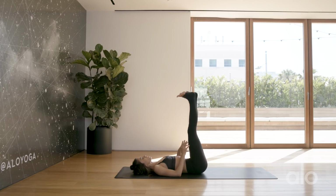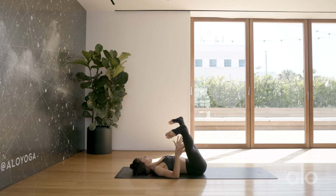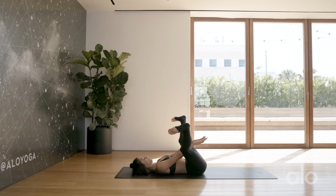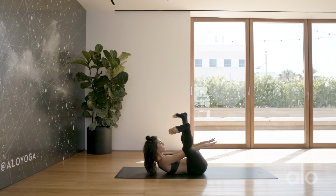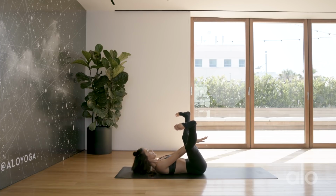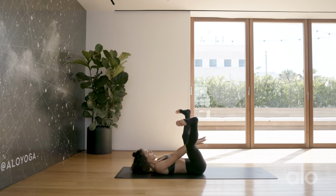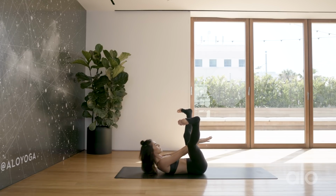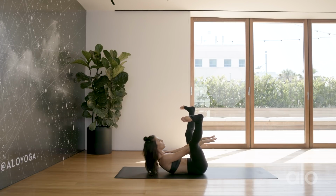Now we're going to take the legs up towards the ceiling, separate the legs wide. So we find a wide-legged stance. The knees can still have a micro bend, but press through the heels. And then take your arms forward, palms down, fingers reach forward. Then lift head and chest away from the ground as you reach the arms forward towards the top of your mat and back down. Continue here, pulsing up and back for 10, 9, 8, 7, 6, 5, 4, 3, 2,